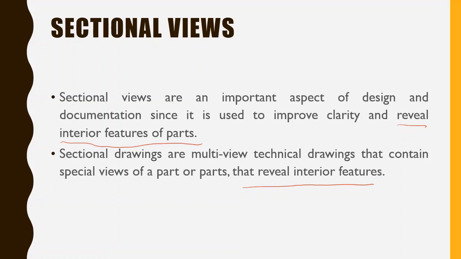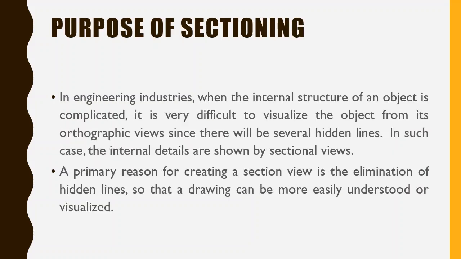So we have an assembly of parts, and then we have an individual part. In that individual part we may have hollow portions. For those hollow portions we usually draw hidden lines in our three-dimensional view of projection. In the view of projection we don't detail the hidden parts. We don't know actually about those hidden parts. So in order to view the detailing of those hidden parts, we need sectional views, right? So this is nothing but the purpose of sectioning.